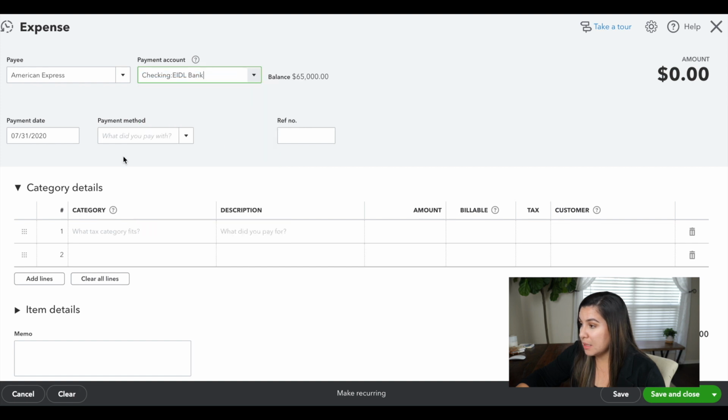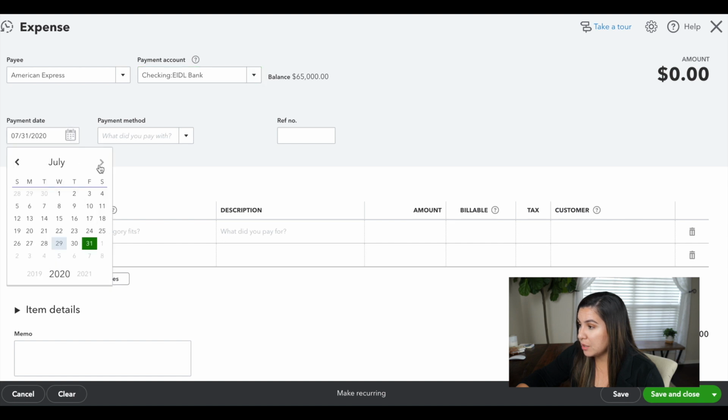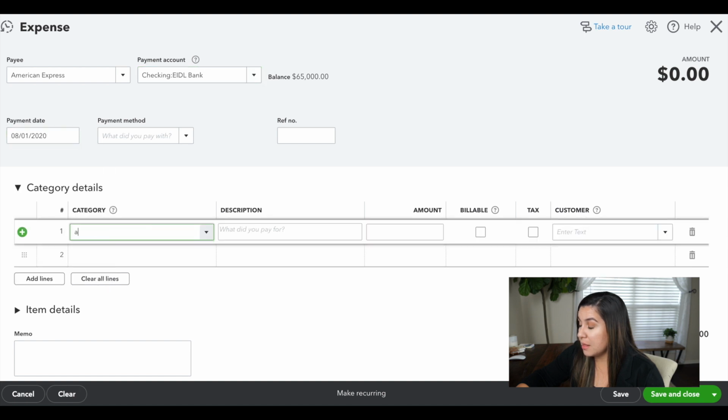The payment date is going to be August 1st. And the category is going to be our credit card, because I want to reduce that balance. Description is going to be EIDL